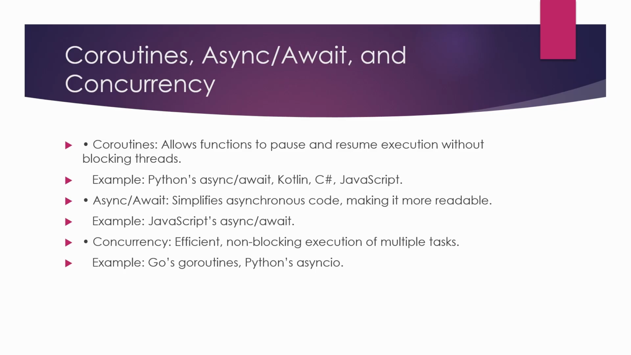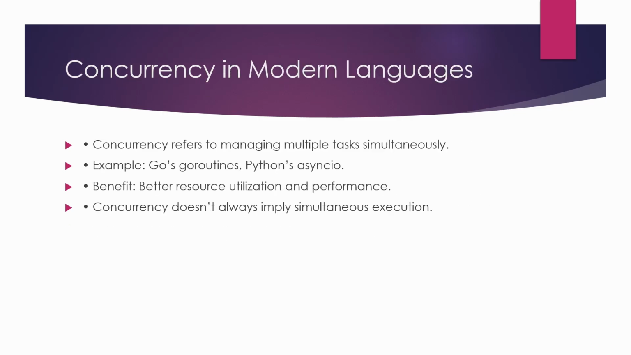Go's coroutines and Python's Asyncio are great examples of concurrency in action. Concurrency is a key feature of modern programming languages. It involves executing tasks concurrently without blocking the main program execution. While concurrency does not necessarily mean parallel execution, it allows multiple tasks to progress independently, which helps with resource utilization